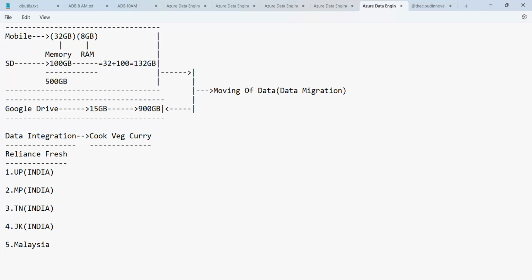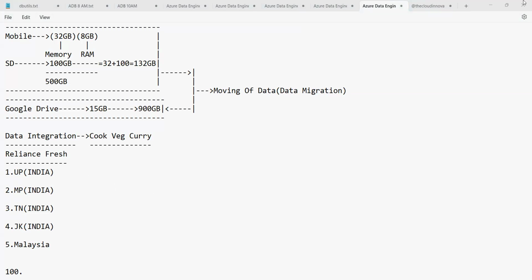So in the same way, they have around 100 vegetables there, guys. The same is continued, and altogether they have some 100 vegetables. Now the question is, as you wanted to cook a specific veg curry, after going to Reliance Fresh, are you going to buy all these 100 vegetables or only those vegetables which are required for you at the moment? Tell me now.